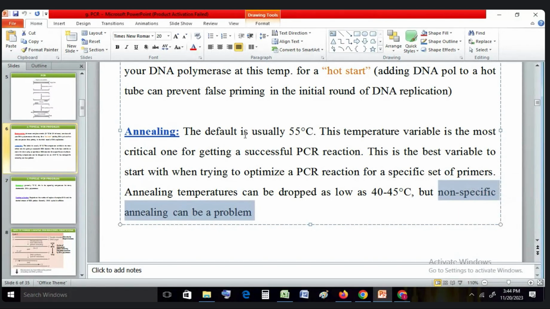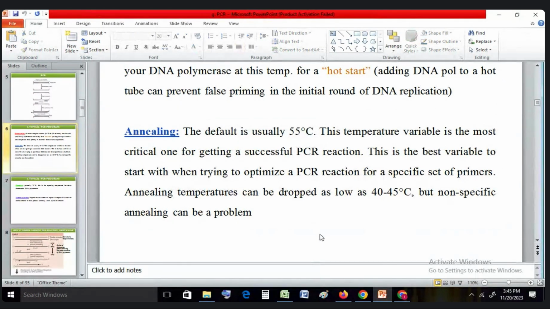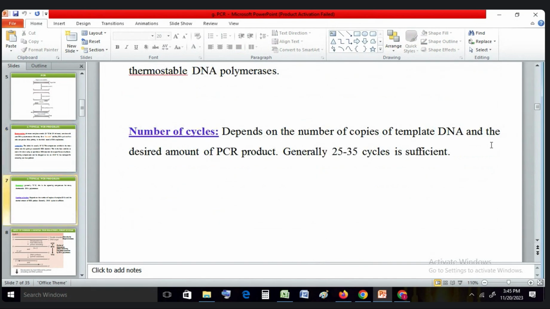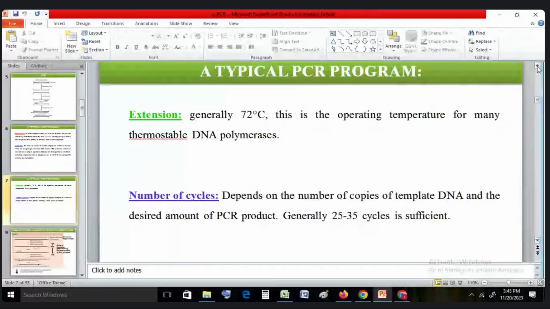So the default or good temperature setting is about 55. At this temperature, usually the primer binds only to its complementary DNA, not to any other non-specific sequence. That's why annealing temperature is very important. Next, after having done the denaturation and the annealing, the next step is extension. Generally it is 72 degrees centigrade, between 72 and 74,